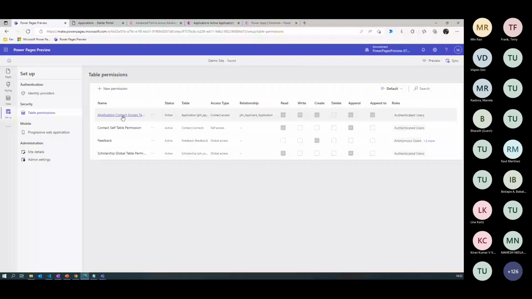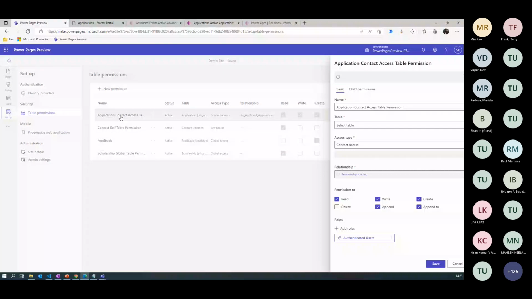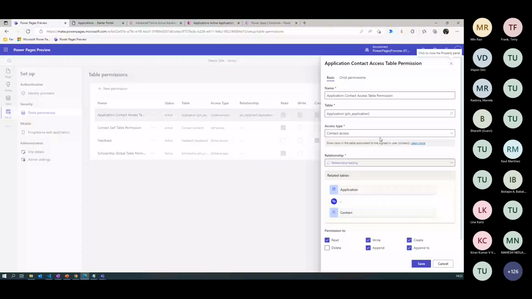So one table permission we need is for the application. When a user is submitting an application from the portal, they may want to view only the application which is submitted by them, not all the applications which are available in the